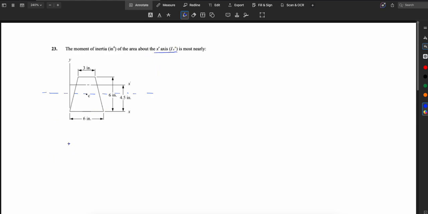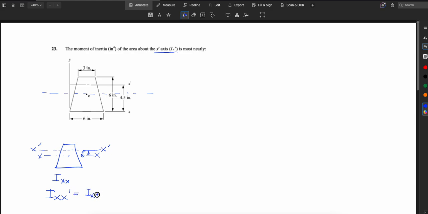So if this is the centroid here, and we have a moment of inertia called I, and we'll call this x, then we're trying to find the moment of inertia along this axis shifted up here called x prime. And it turns out there's this distance d. We're going to use the parallel axis theorem. So to get Ix prime, we have to do